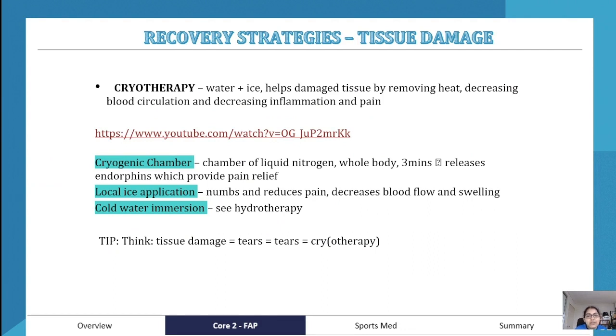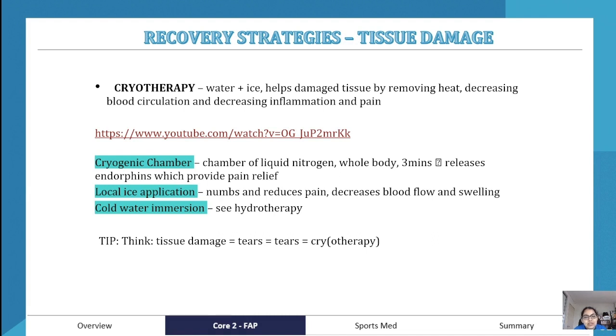Next, we've got recovery strategies for tissue damage. This is cryotherapy, and cryotherapy is when you're using water and ice to help with damaged tissues by removing heat, decreasing blood circulation, and decreasing inflammation and pain. I've got a YouTube video there for you. It's in the slides if you want to have a look at how it actually works. But basically, there are three